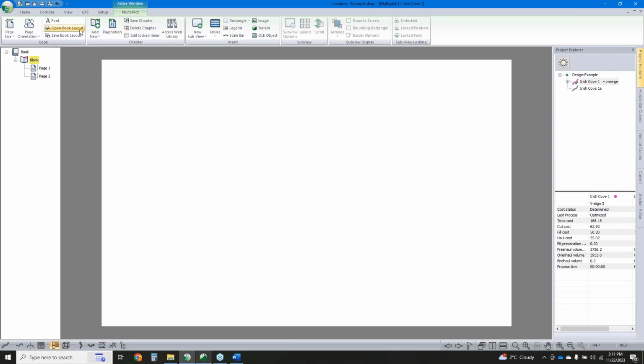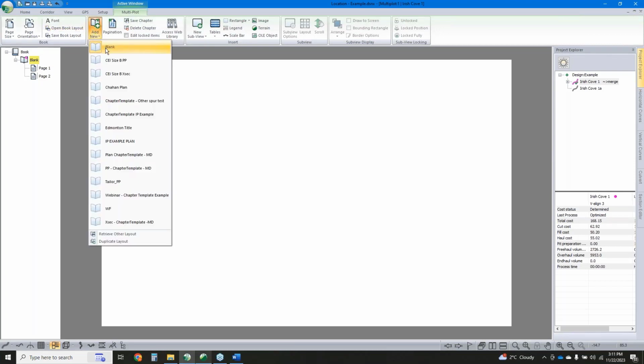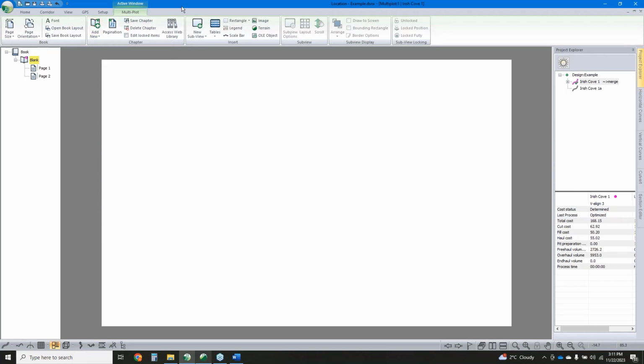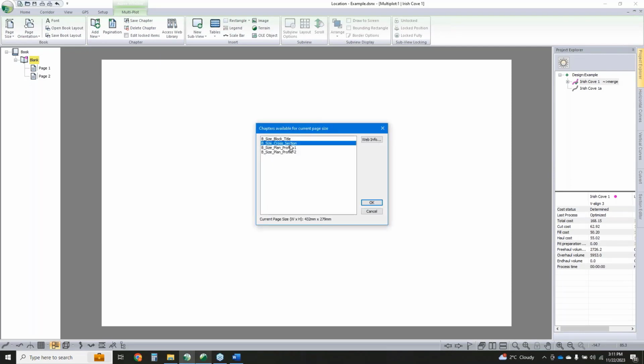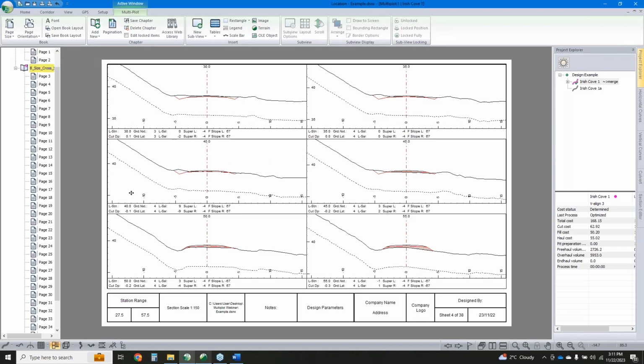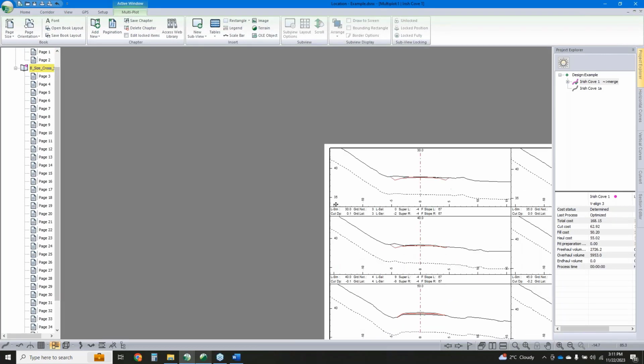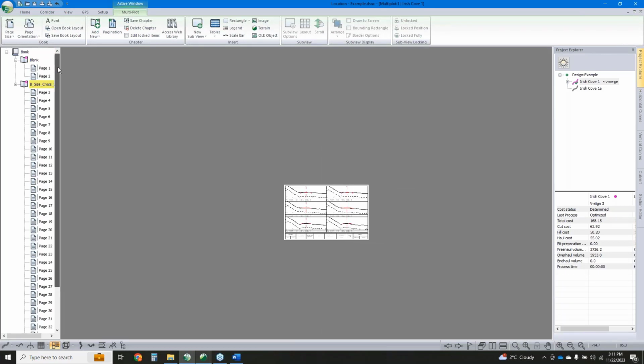Or we could go over here and we could do the same for chapter. Or if we haven't already set up our own settings, but we'd like to get a jump start on things, we could go to the Access Web Library and we can bring in a chapter. Usually when I do this personally, I start with the plan profile, but I'm going to start with the cross-section chapter here. I'm not going to spend too much time focusing on it, but on the right here,